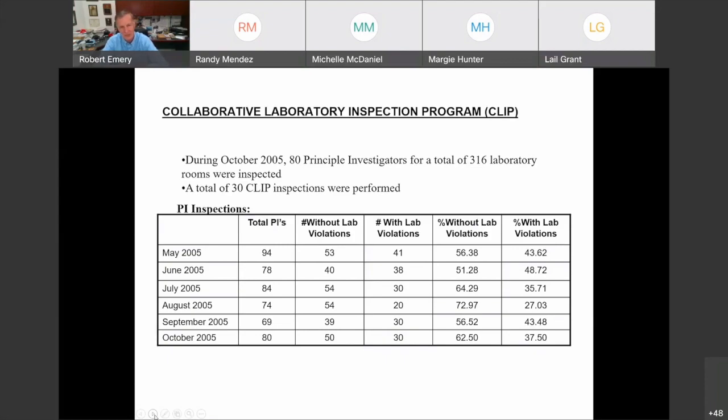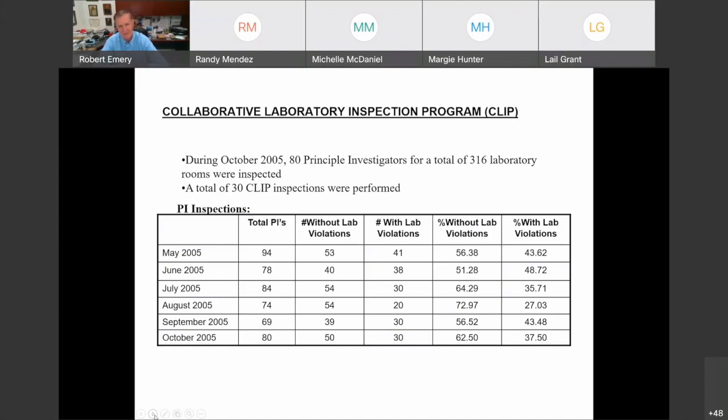And this is just one screenshot of a 30 or 35 page report that his office created each month to present to their boss to justify their existence on all the stuff that they did. And this one kind of caught my eye for a reason, but they'd set up this program called the Collaborative Laboratory Inspection Program, CLIP program.